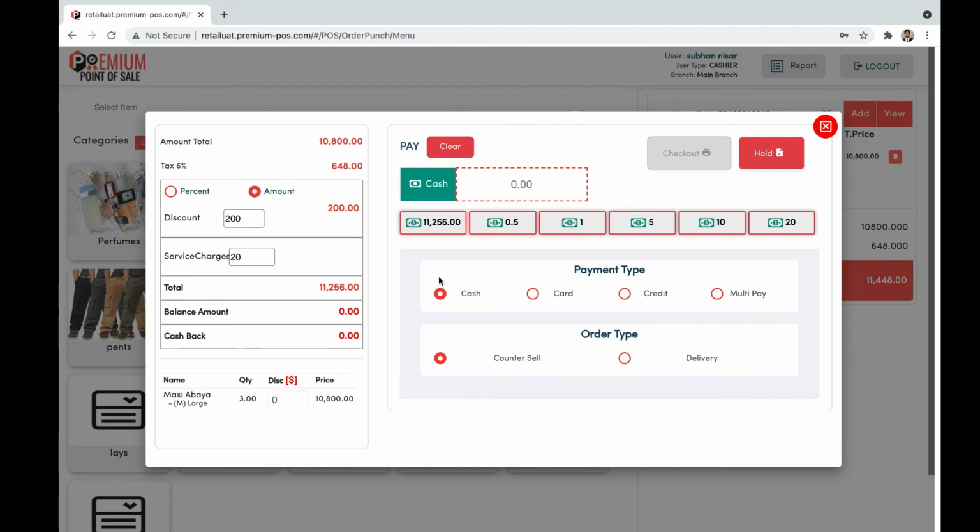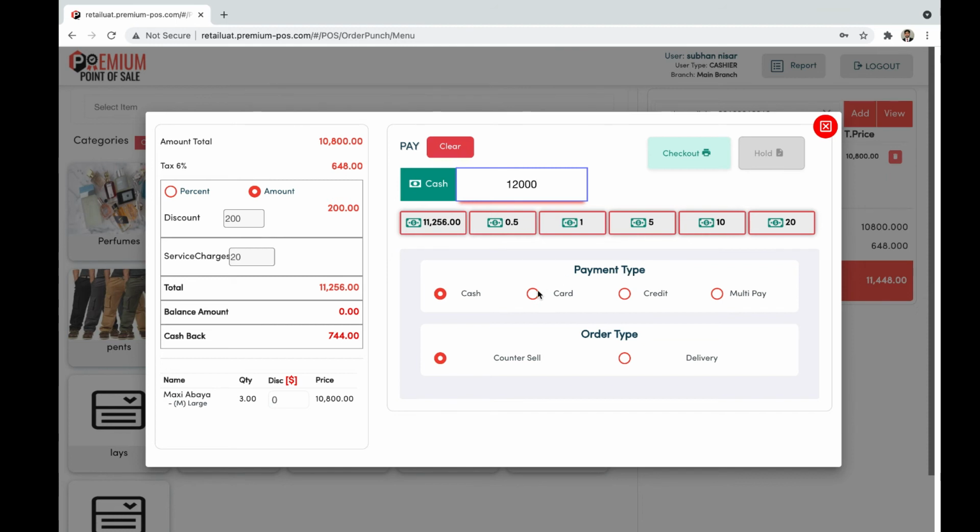If the customer is willing to pay cash, the cashier will select payment type cash and enter the amount here manually, or select the boxes here to enter the amount. If the customer has given the cashier 1000, as you can see this amount is greater than the total amount, so the cashback amount is shown here.